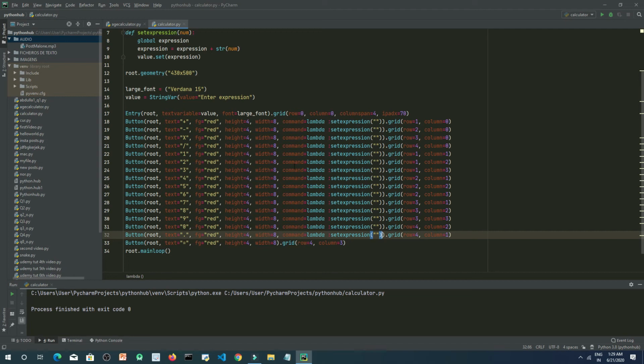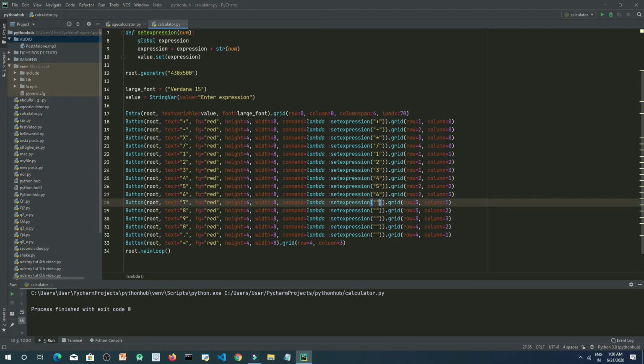So first we will pass the plus sign, and then minus, and then the asterisk sign, which is used to multiply two numbers in Python, and the divide sign, and then 1 2 3 4 5 6 7 8 9 and 0 here. And one more thing, the decimal point.